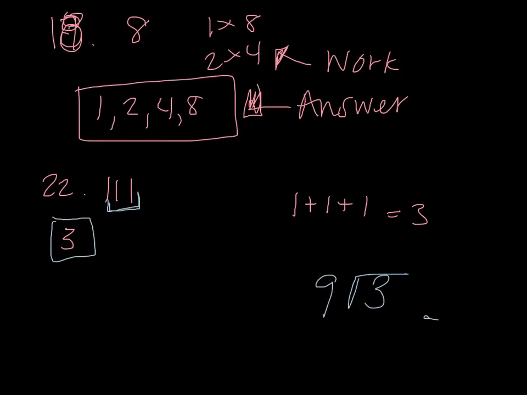Let's go to 32. Okay, so for 32, it says show all possible ways that each number can be written as the product of two positive factors. So again, we're going to be going through and just finding the factors. So for 28, I would do 1 times 28, 2 times 14,